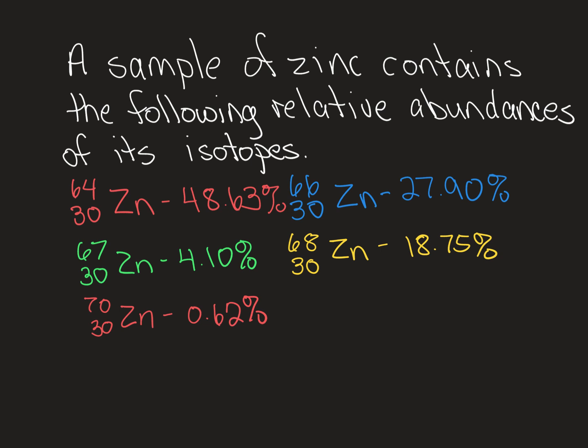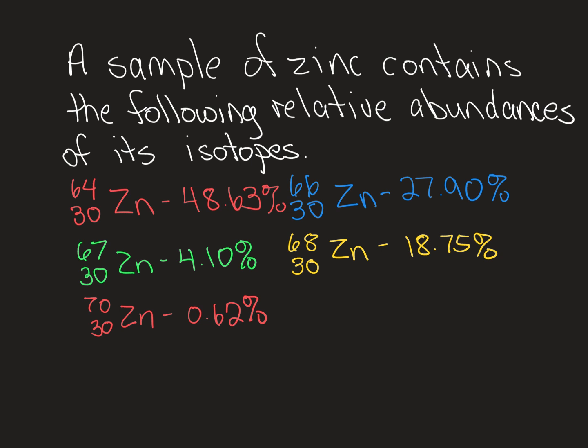So let me put this on my calculator. 64 times 48.63 plus 66 times 27.9 plus 67 times 4.1 plus 68 times 18.75 plus 70 times 0.62, and I equal that out, and then do not forget to divide by 100, and my answer is 65.47